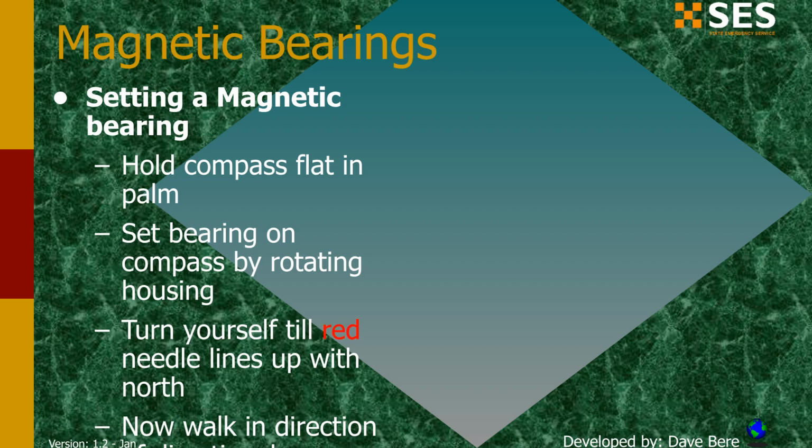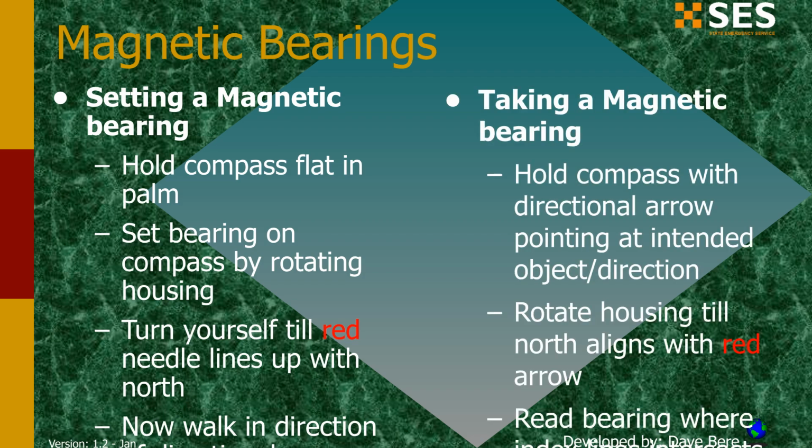To set a magnetic bearing, hold the compass flat, rotate the housing to the desired bearing, and turn yourself until the red needle aligns with north. To take a magnetic bearing, point the directional arrow at the object, then rotate the housing until the north aligns